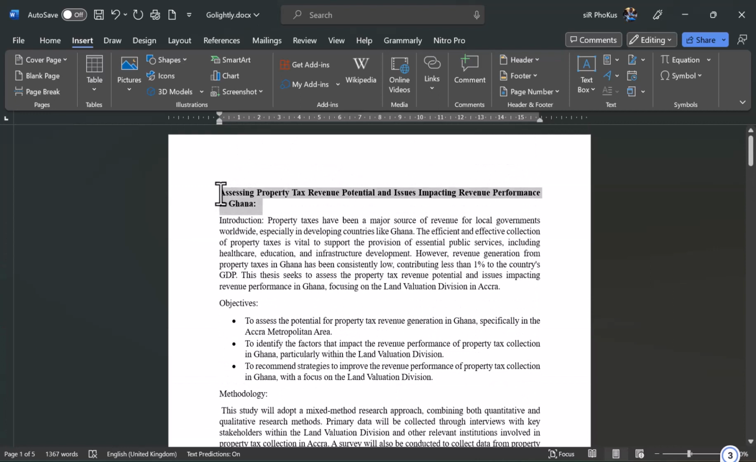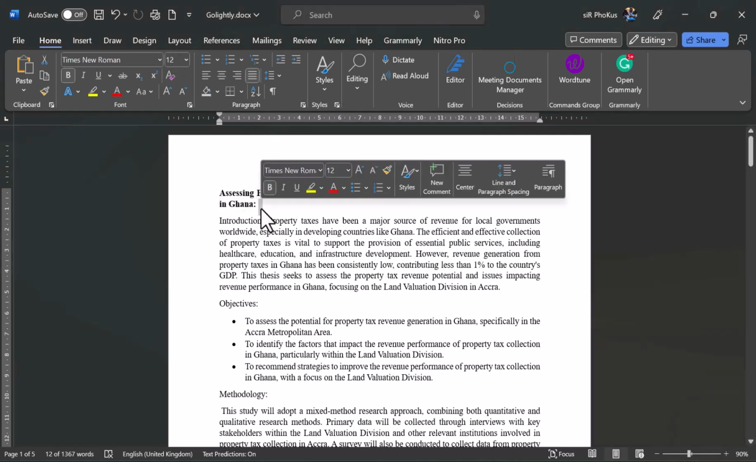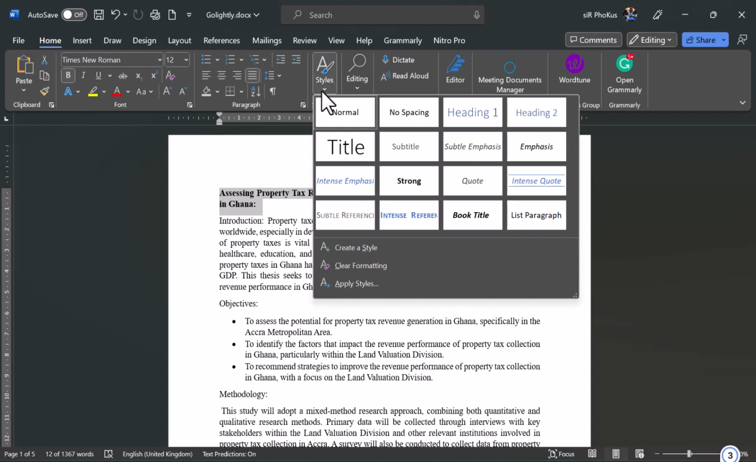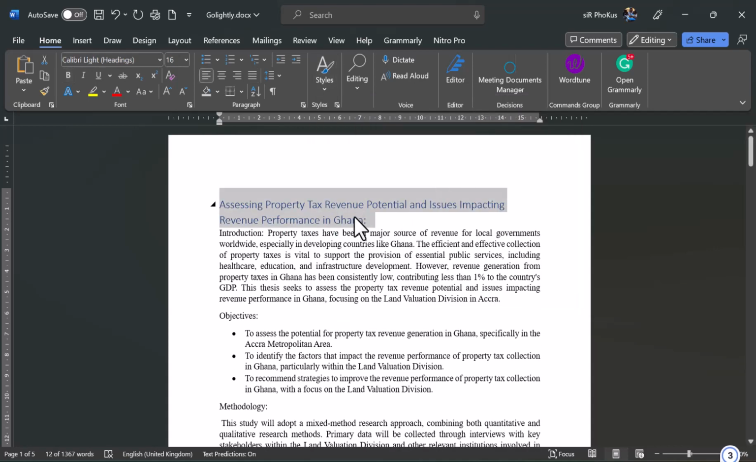Okay, so to do that, let's go on. We will highlight the heading, then come to the home page. On the home page, we go to style. That's the font style. We click on it and we decide on the header to use. So our headings, we are going to adapt header 1, then our subheadings, we are going to adapt header 2. So we click on header 1 for our heading,